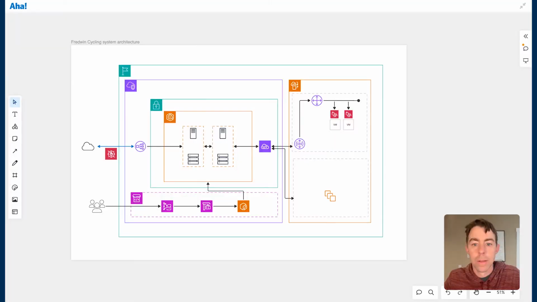Today I get to show you how to create system architecture diagrams in AHA Whiteboards. Check it out. Okay, here we are in a whiteboard, and here's a diagram we made earlier, right? This is for Fred when cycling, kind of our demo fitness app that we use for these sort of things. And I've got some AWS components in there, lines and connectors showing how they're connected to the rest of my